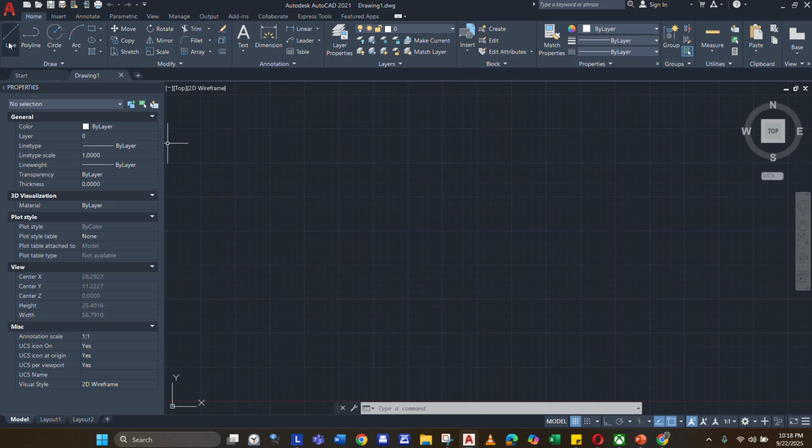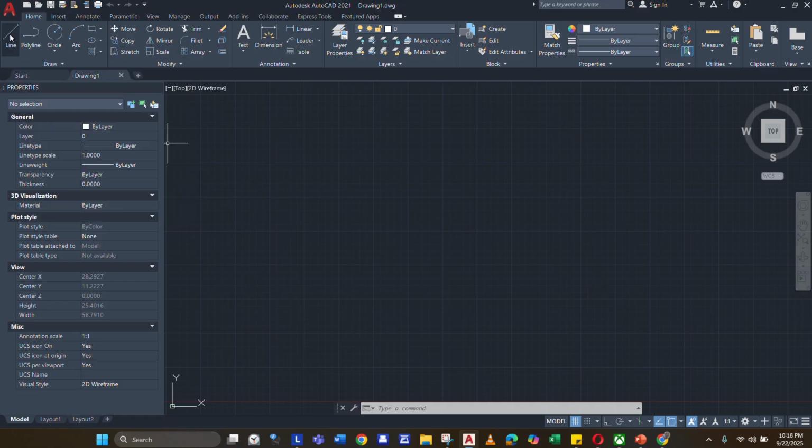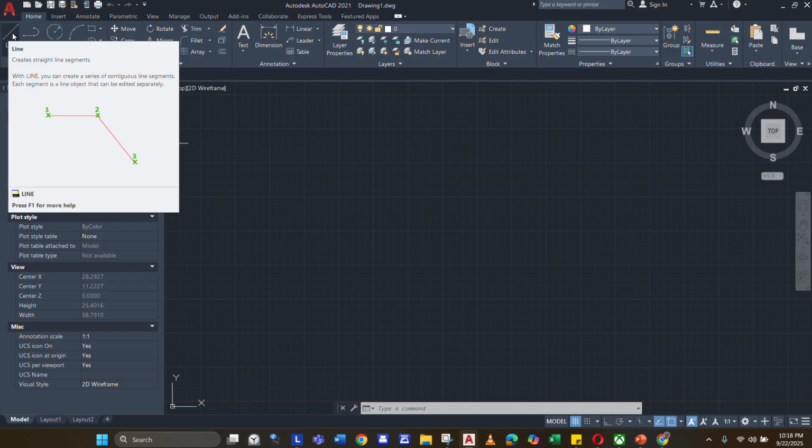And then, when you hover over that part of the user interface, it will show a short description of that command, like this line. It describes what the line does.